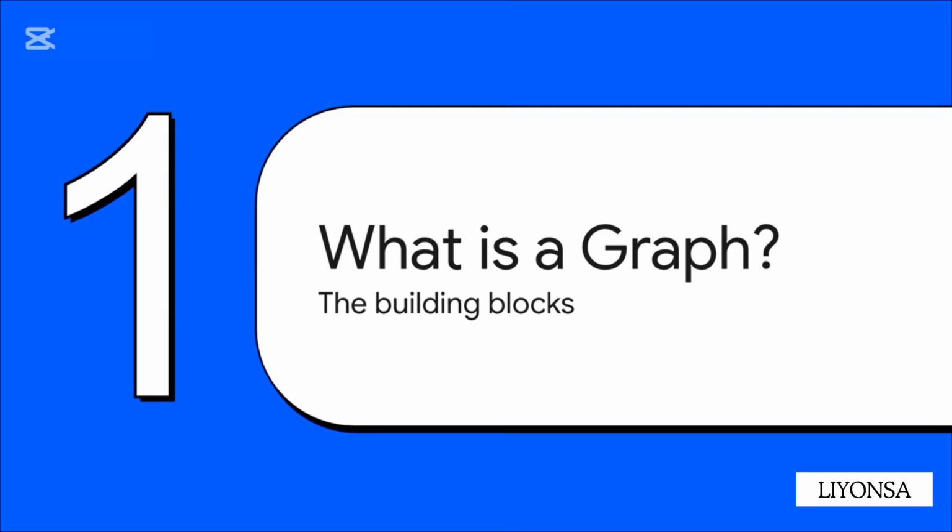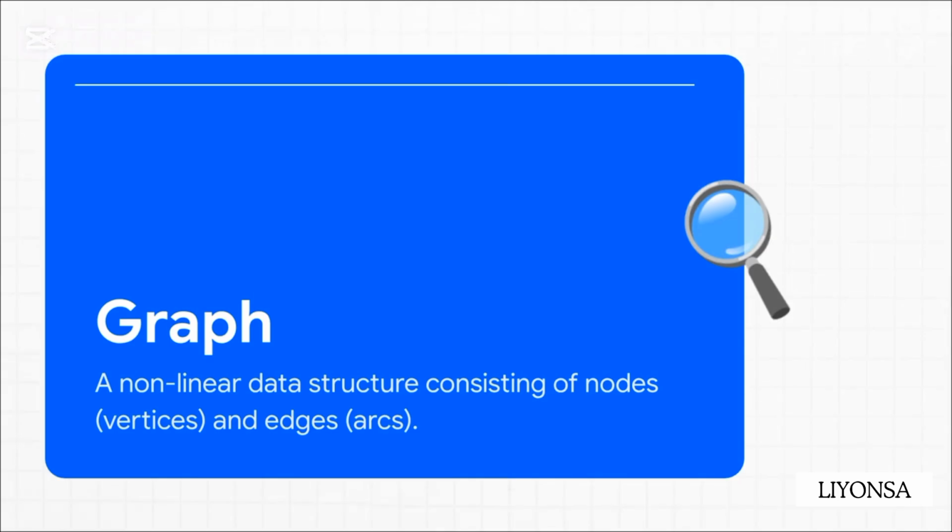All right, first things first. What in the world are we even talking about when we say graph? Let's get right into the basic building blocks. So at its very core, a graph is ridiculously simple. It's just a bunch of dots and lines. That's it. Now, in the fancy computer science world, the dots are called vertices, or nodes, and the lines connecting them are called edges. But really, all it is a set of points and a way of showing the relationships